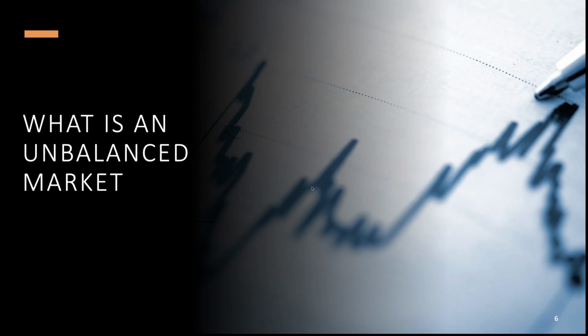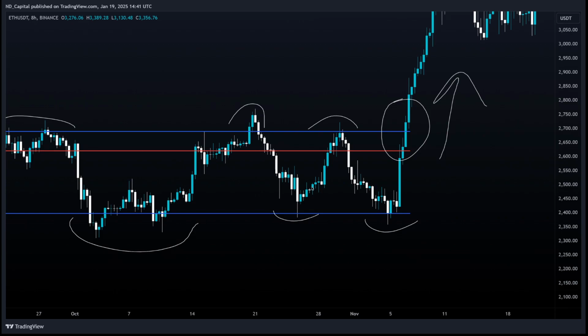Now the imbalanced market, this is where one side is dominating, so when the buyers or the sellers are taking control. This is what happens when you have breakouts or breakdowns. This means you're gonna have high volatility and large price moves, and this is often fueled by either news or large orders. An imbalanced market is when one side finally overpowers the other, and this creates this type of